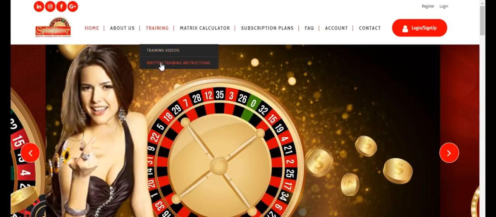There's also a written training instruction manual with each of those 4 systems that has the actual written sequence of how you should select your numbers and how to properly use the calculator. Along with this written training instructions, we've provided you a money management schedule, which allows you to have a daily profit target you would like to make. Okay, so as we move forward, I think this next illustration